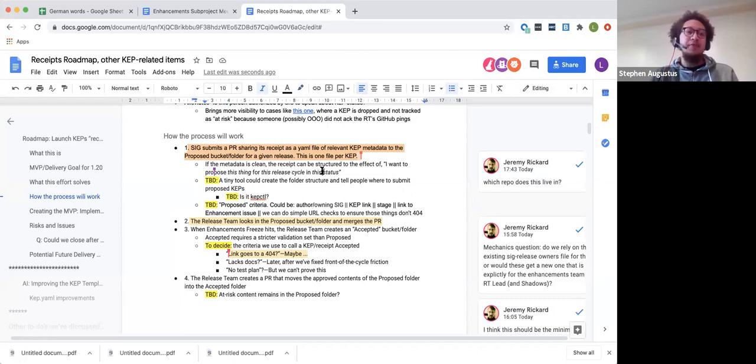From there, it's releases, the name of the release, the set of buckets: accepted, proposed, maybe at risk or exceptions. And once that directory structure is in place, we also add an OWNERS file so that the enhancements leads for that release can own that.